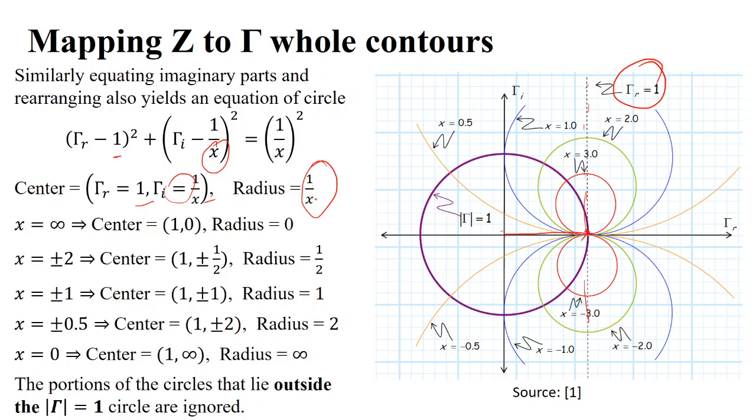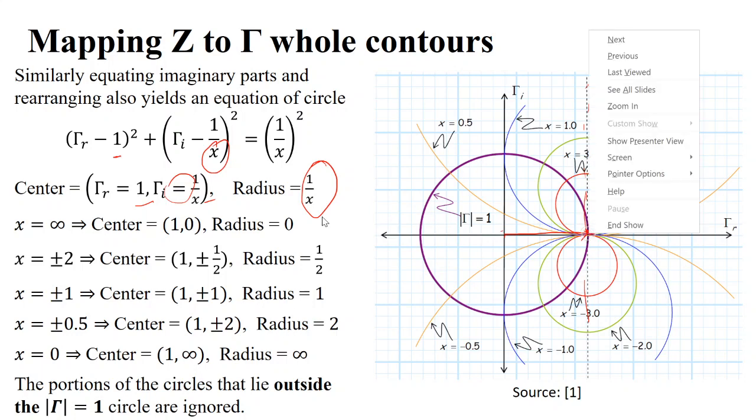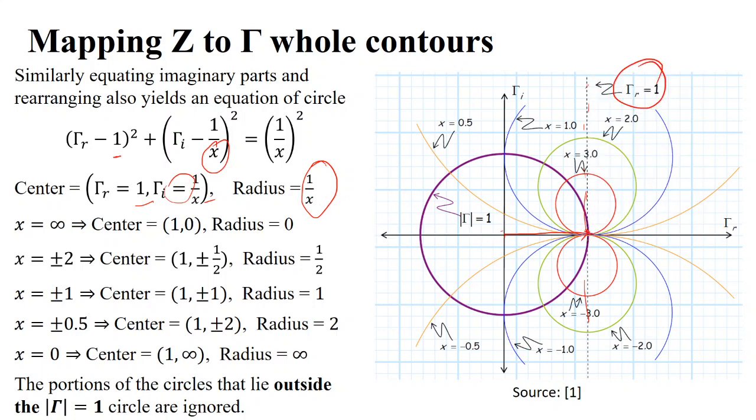So if x is infinite, then the radius will be 0. So this first point is where you have a very high value of the reactive component. Then once you decrease x, the circle will start. For example, if x equals 3, here you have the circle and the radius will be 1 over 3, and the point will be 1 over 3 here. So this is the point. Similarly, if x equals 2, the radius will be half and the center will also be half. So you will be here, and whatever the center is will be the radius. So if you are here, this will become the radius.